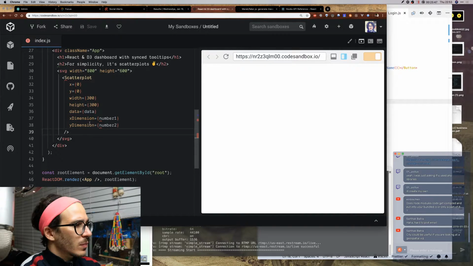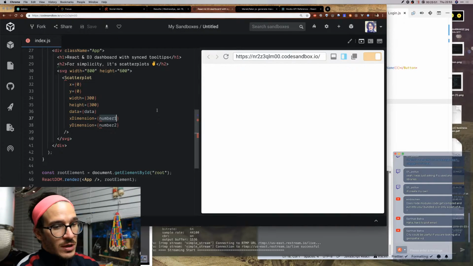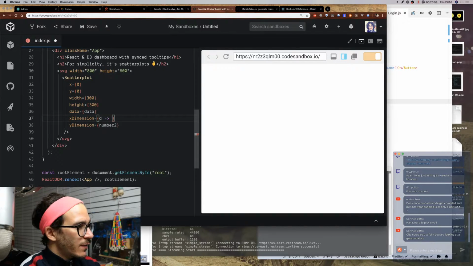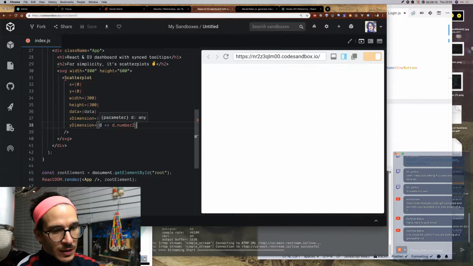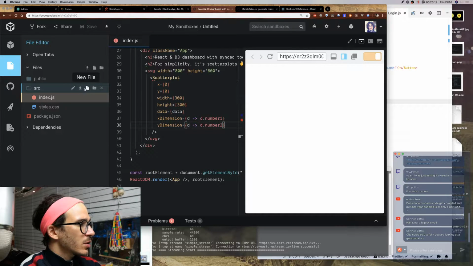Okay. Or actually, let's make it a function. That's gonna make it a lot more flexible. So we take a function that returns d.number1 and a function that returns d.number2. So that's going to give us our data, and then we create a scatterplot file,